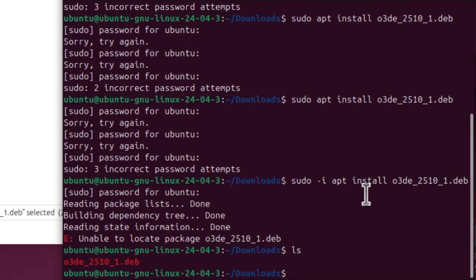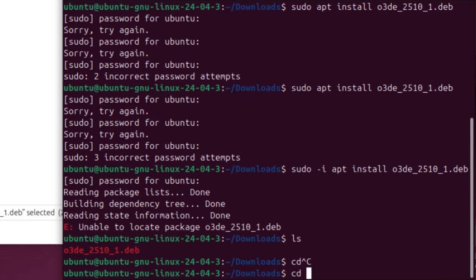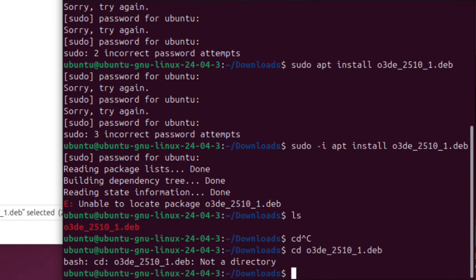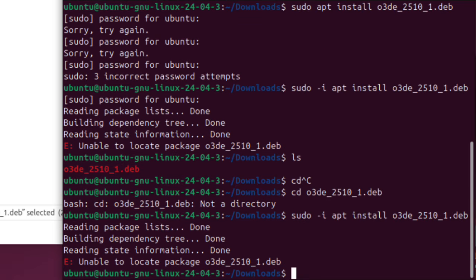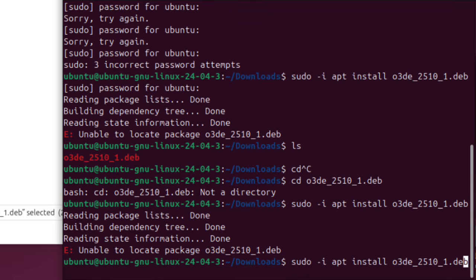All right. Wait a minute. Why does it complain that it's unable to locate it? It's right here. Look, right there. Wait a minute. Is that a directory? Do I have a directory inside a directory? No, it's not a directory. So why does this not want to install? Does it somehow want the entire path? Okay, let's say downloads,